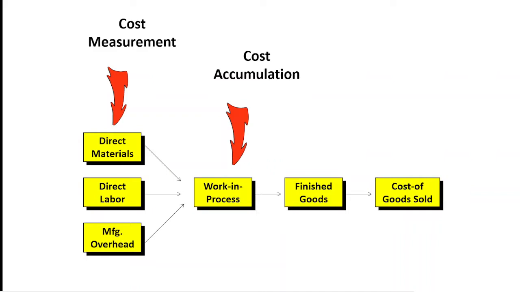So the easier method of allocating the direct labor onto the product is by using a standard. Say, okay, it takes 3 hours for certain labor to work on this product and 5 hours on this product. So we allocate the cost based on those standard hours